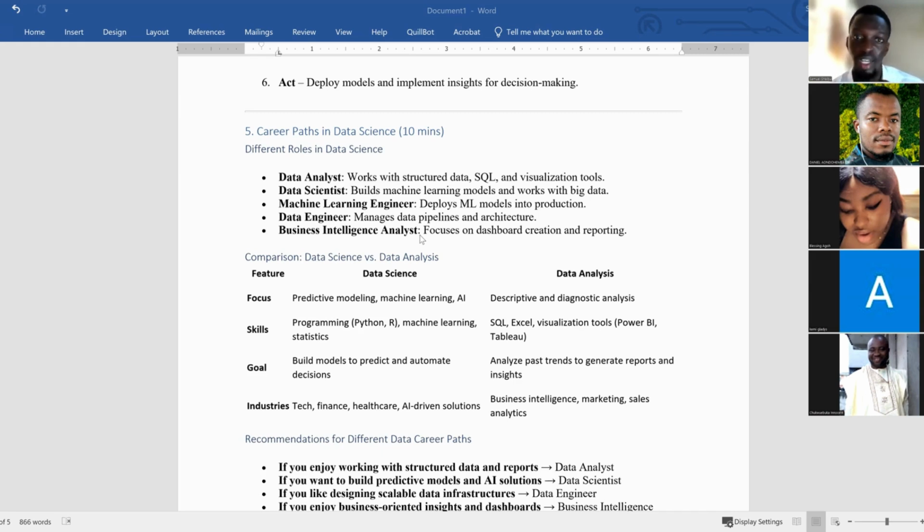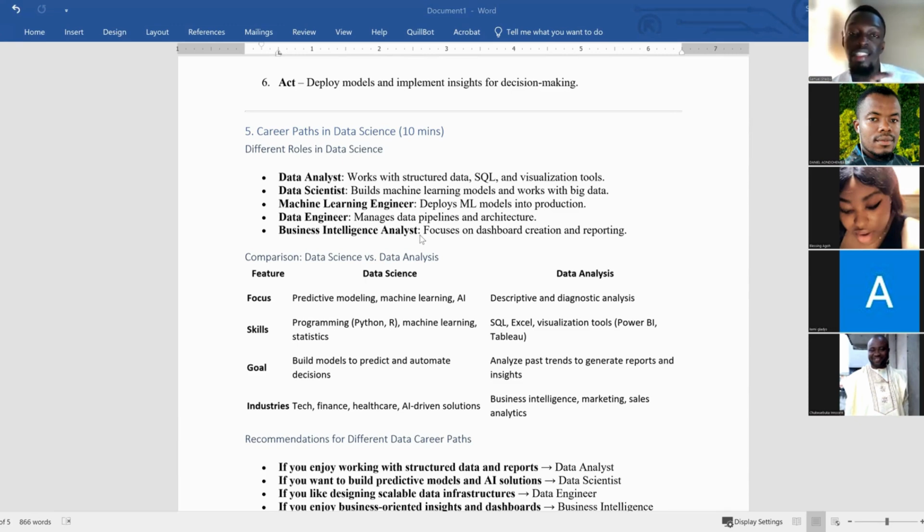Are you guys following? So look at data analysts. They work with structured data, SQL, and visualization tools. They also work with Python sometimes, but not all the time. All right. So I'm working as a data analyst, I'm working as a data scientist. I know the difference. Are you guys following? So for data analysts, it's mostly SQL, write queries, and then they visualize. So those reports you see on LinkedIn and on Twitter, people are sharing, oh, I visualized this, looking so nice. Data analysts, they do them. Okay. So you visualize, if you like all those things, you know what to do.